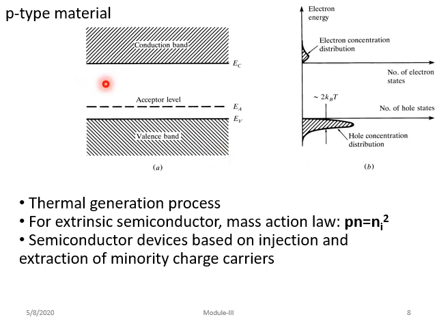If I take p-type material, what is going to happen? The conduction band has a very low electron concentration, and holes are the majority charge carrier. The acceptor level cannot conduct charge; it can just accept electrons, and any number of electrons can be accepted. Normally there will be a thermal generation process, the tendency of moving electrons, which generates more thermal energy, so the temperature increases whenever the process occurs.